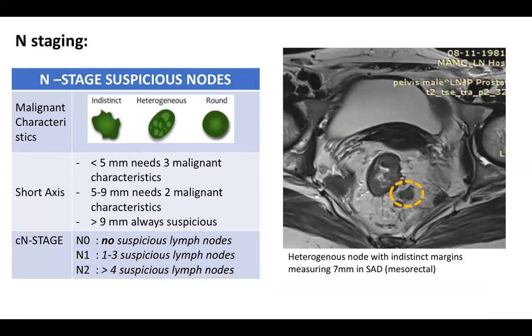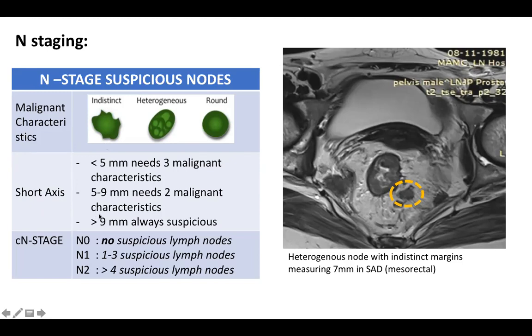So how to define which node would be positive and target it will depend not only on the size criteria, which applies all over the anatomy that we have read, but also on the character of the node. Size criteria alone is not enough, because nodes even smaller than 5 millimeter have turned out to be pathologically positive. So radiology gave the criteria that you have to take the character as well as the diameter.